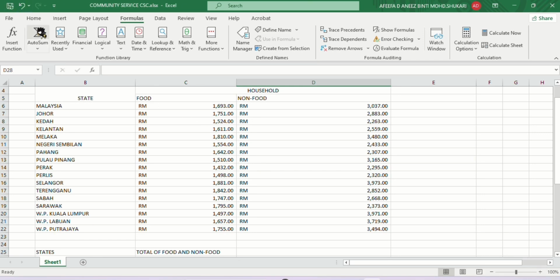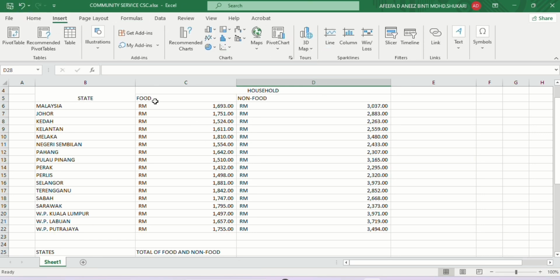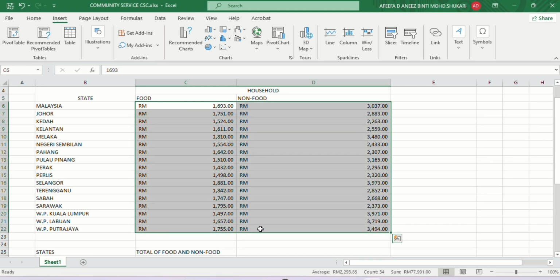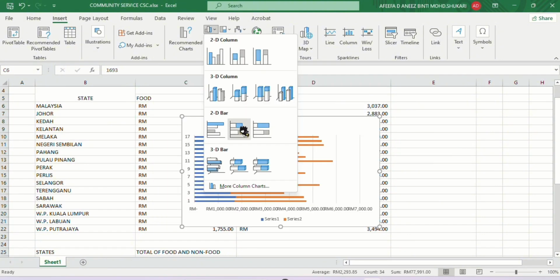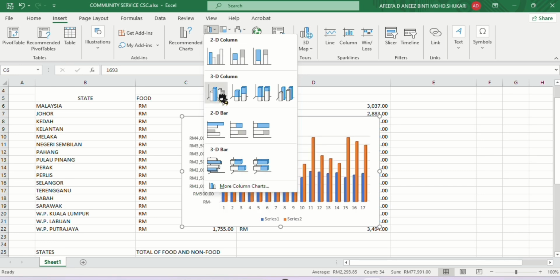Last but not least, we are going to learn how to insert graphs in Microsoft Excel. First of all, click on the Insert section at the top of your screen and choose the data you are going to use. Right now, we are going to make the bar graph of the comparison of the mean of food and non-food expenditure in Malaysia. So click on the C6 cell and drag it to the right and down the table. Now search for this bar-shaped button over here and you can choose your own graph. So I am going to use this simple graph,